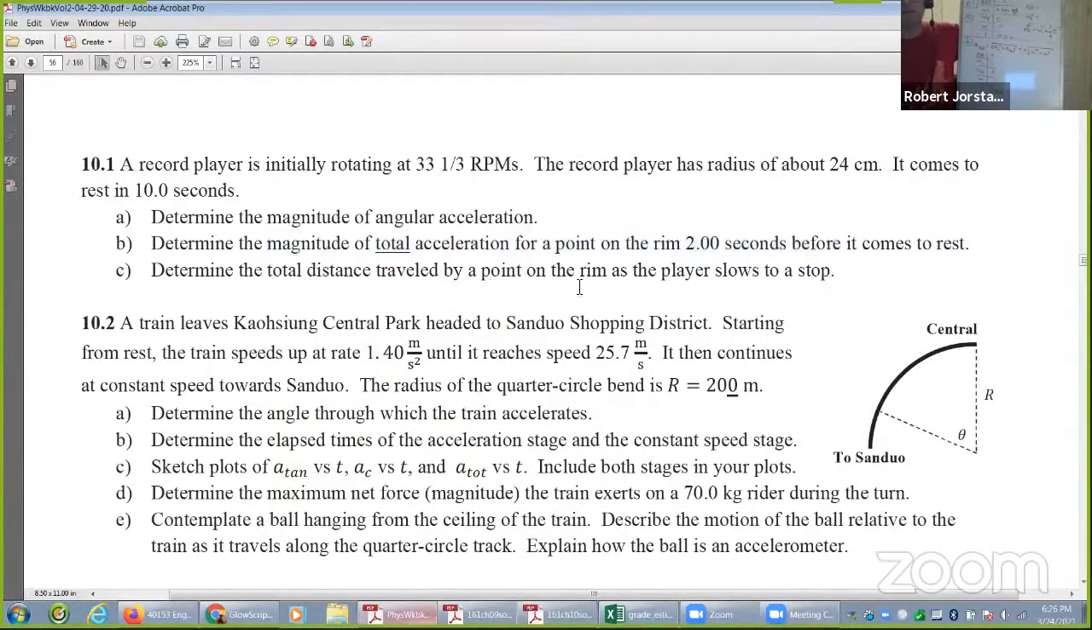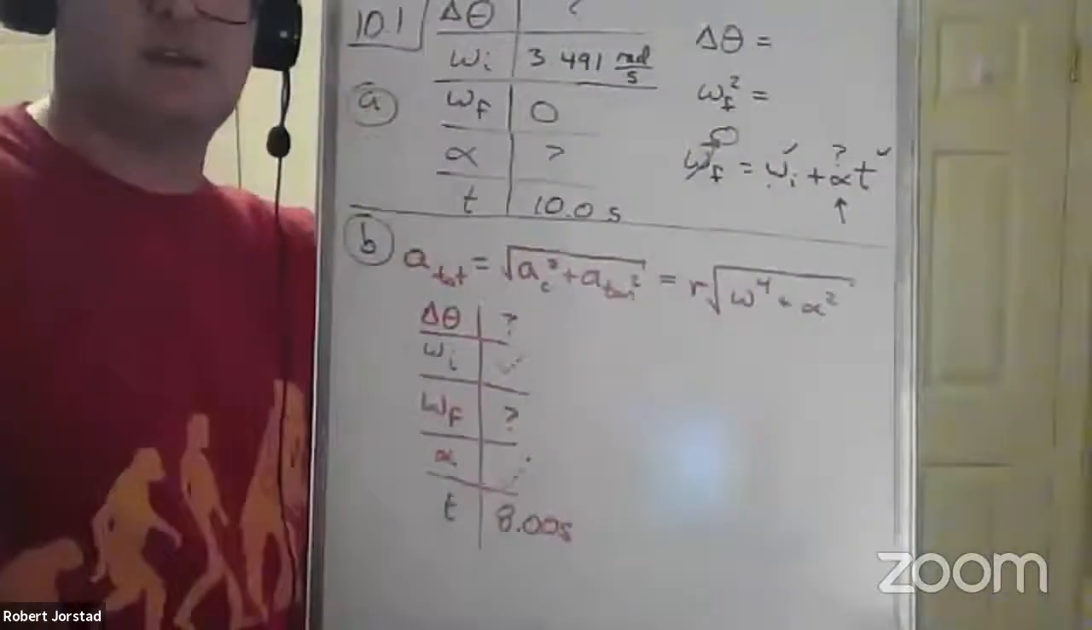Now take a look here. I want the total distance traveled. Now, Jesse, I think, was the one that said this was arc length. So I'm going to pick on you, Jesse. It's okay if you make any mistakes. How would you approach part C, Jesse? What do you think? In particular,